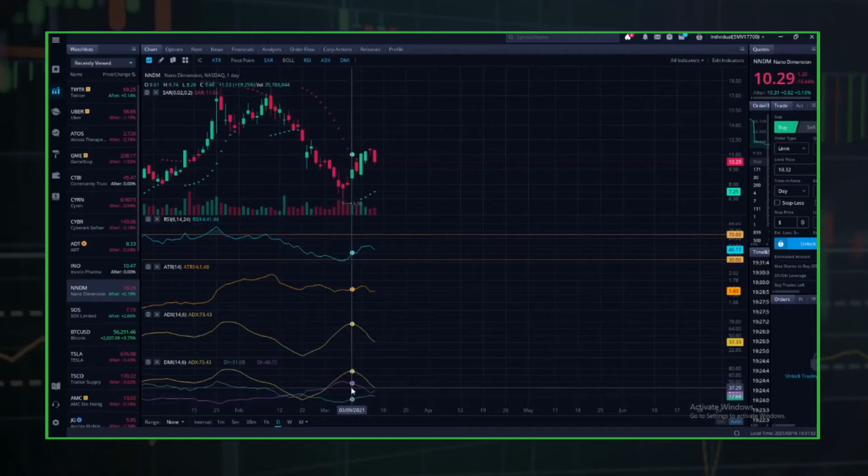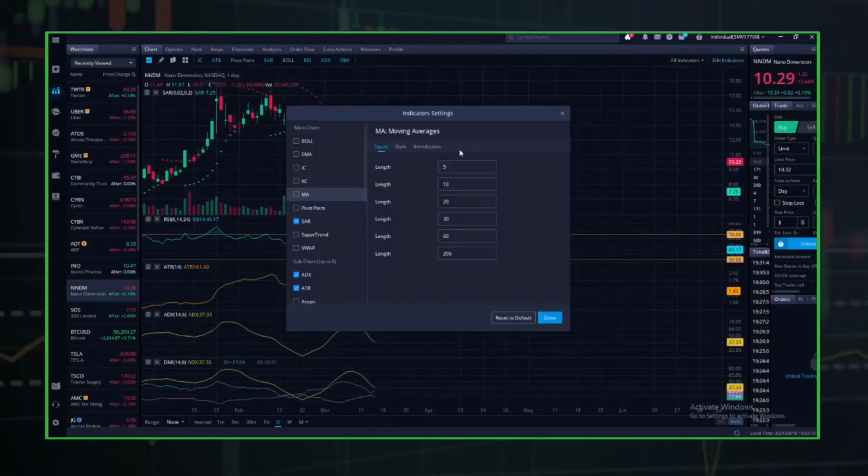So right now, it looks like the D minus is actually on top of the D plus. So this is actually showing that it's currently on a downtrend, and it's 37, which means it's on a pretty decent downtrend, unless the ADX continues to go down, because there might be a possible reversal coming and it might start trending up. But you can also use other indicators as well to confirm this, like for instance, the